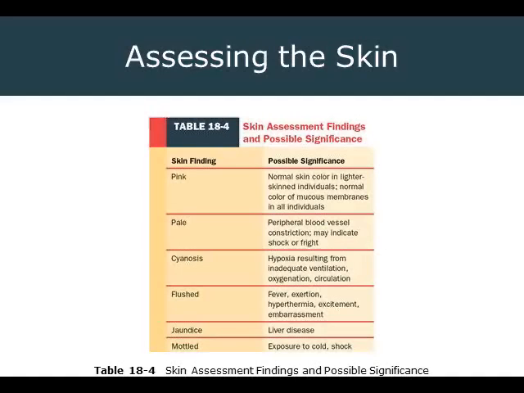Pale is usually some constriction of the peripheral vessels. Shock, fright, being cold, those are all things that can cause you to become pale. Cyanosis is from hypoxia. When we have low oxygenation, for whatever reason, whether it's a ventilation issue, a respiration issue, an oxygenation issue, or poor circulation, that can lead to cyanosis. Flushed or reddish skin comes from fever, exertion, hyperthermia,